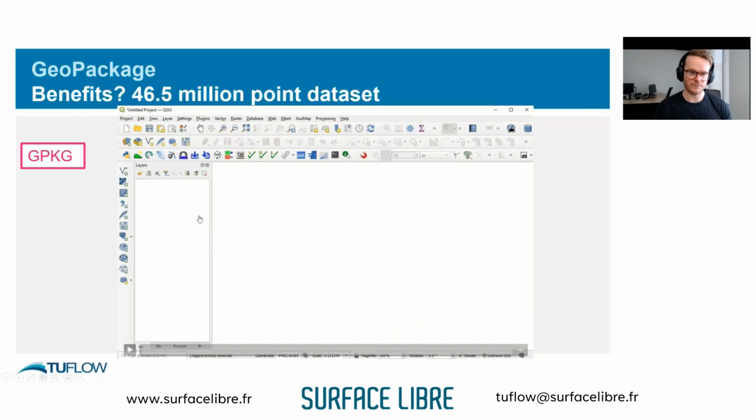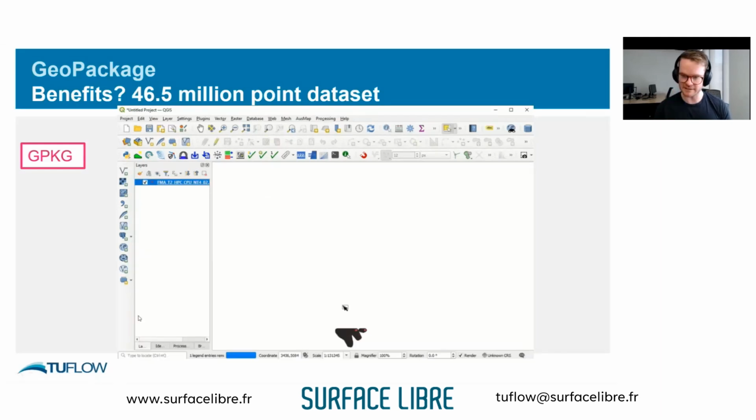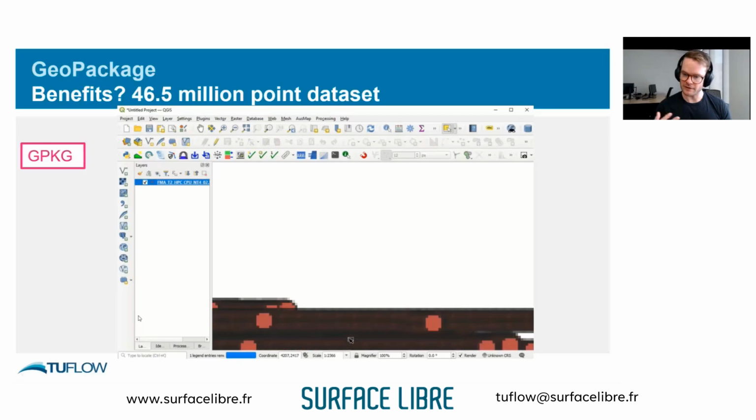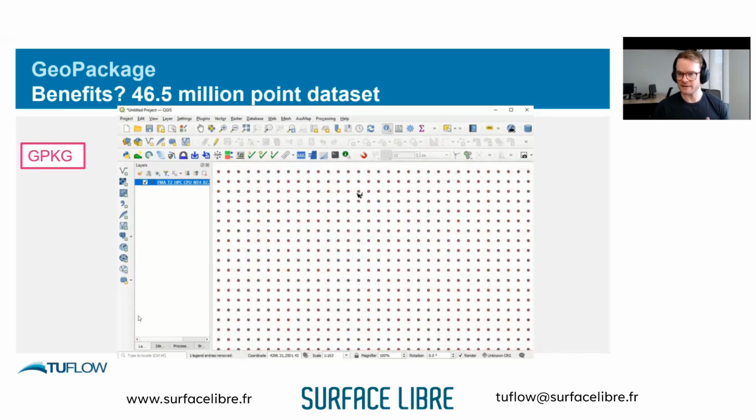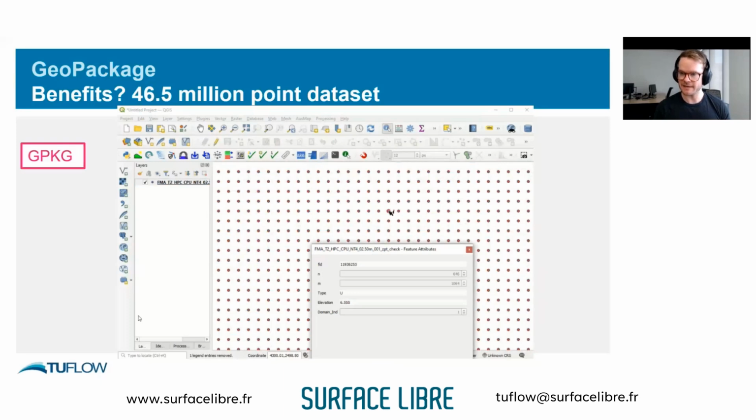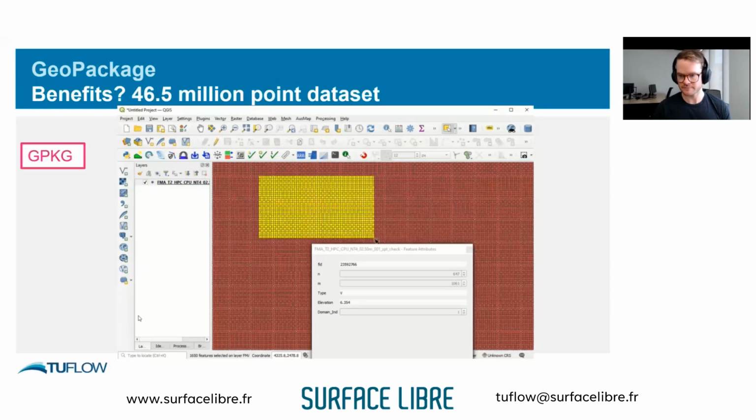Same thing, the exact same data set, I've just converted it to a geopackage with just GDAL, which is built into QGIS. So just using the default settings, nothing special. Play that, so load it in. Pretty much loads instantly. Zoom in. There's really no lag in displaying anything on the screen as I zoom in. Querying things, pretty much instant feedback. So very, very fast compared to the shapefile equivalent.